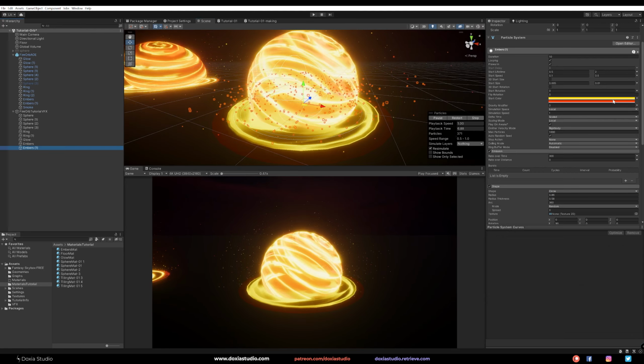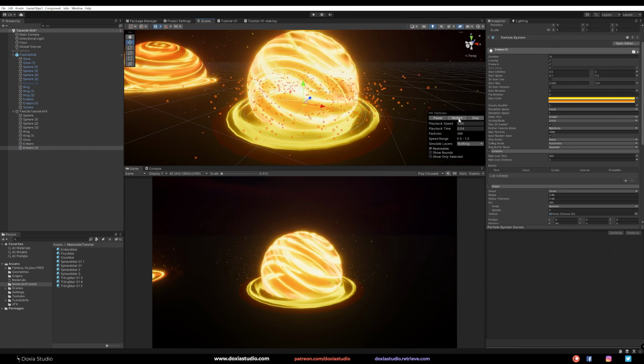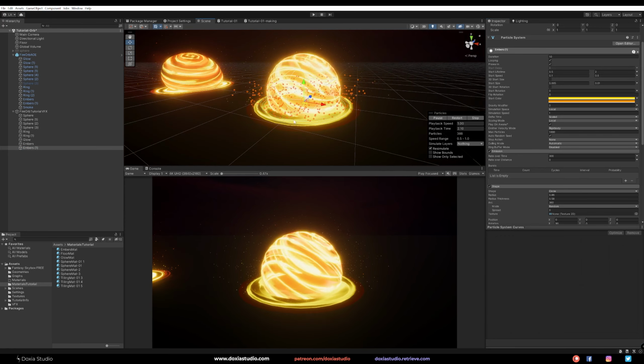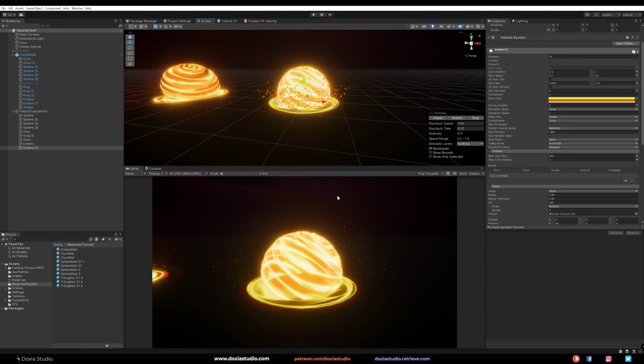And maybe these ones could be more yellowish and orange. That's pretty cool, right? We are really close to this one. So right now, what we are missing is just the smoke.